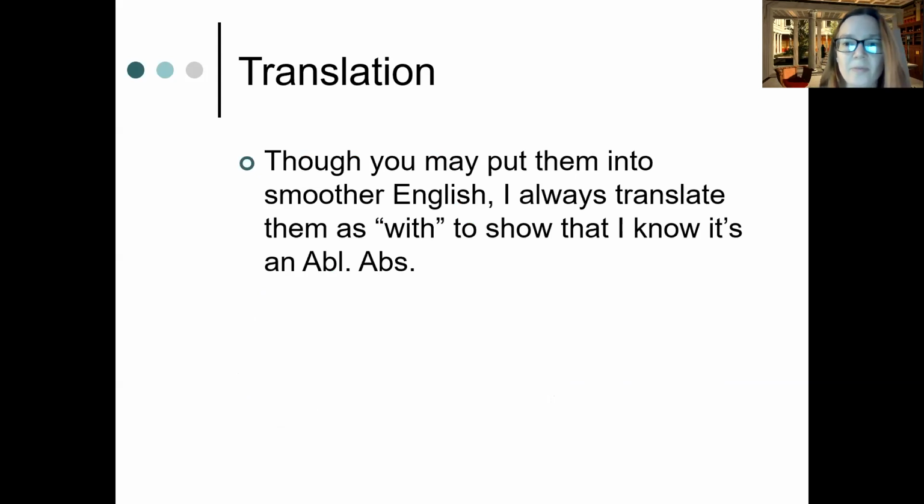I always do the "with the blank blanking" or "with the blank having been blank," because it's just like a typical sign that I can give you guys, like, oh yeah, ablative absolute, and you know that it is that. Okay, so now that we finished that,